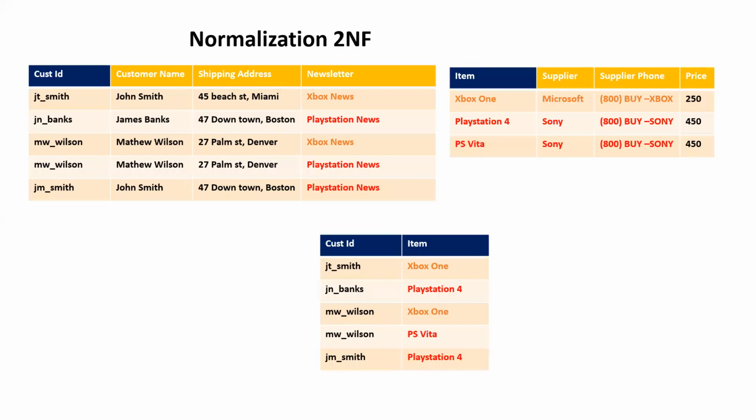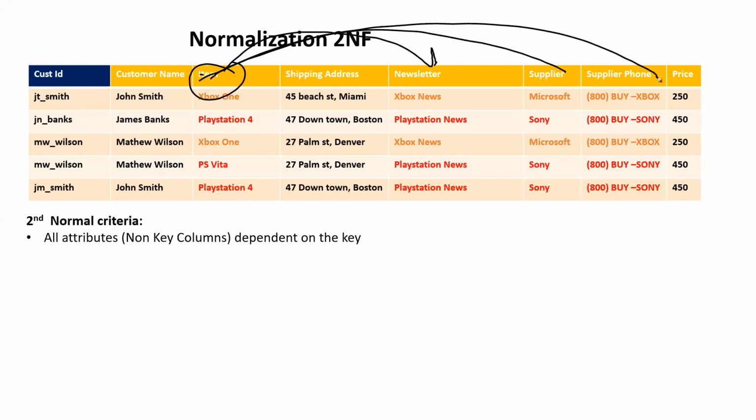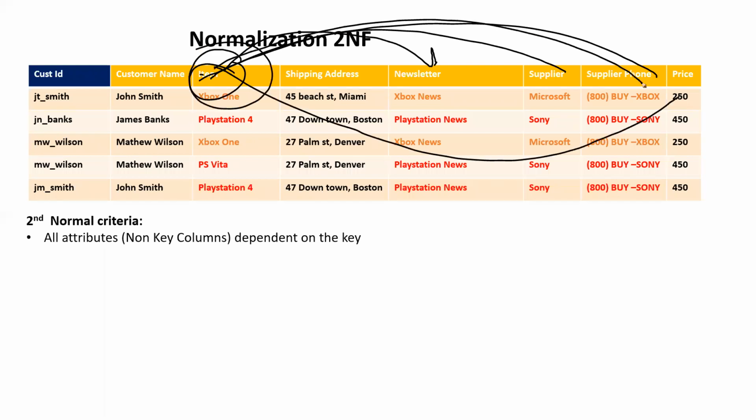Now we have to convert into third normal form. So one more thing I want to highlight here, this type of dependency which I have, right, I have a dependency from the non-key, I'm able to identify the supplier, the supplier phone number, the price, right, from the non-key. So this type of dependency is known as functional dependency.